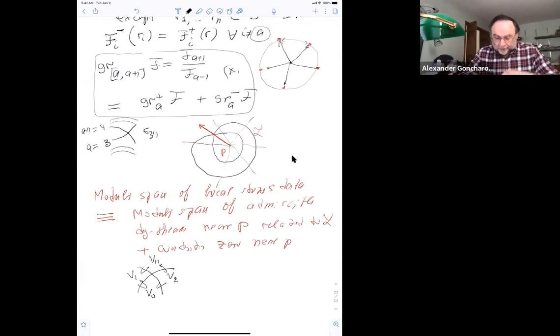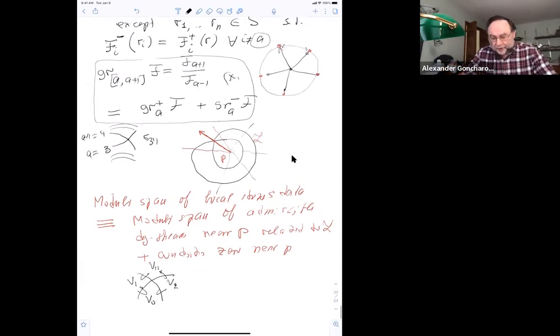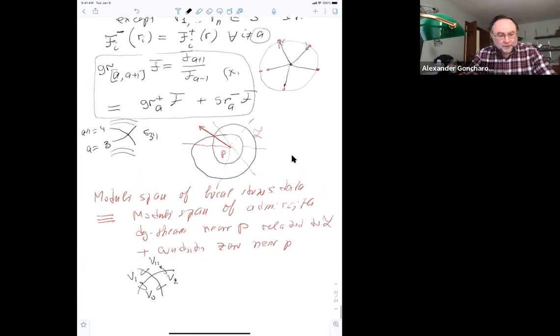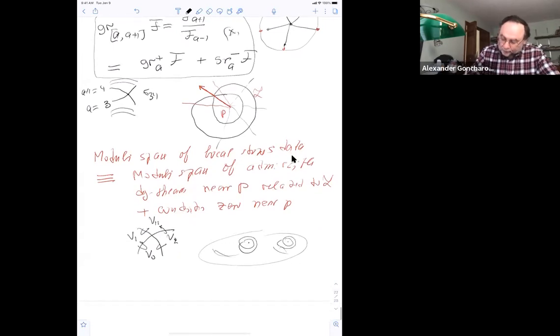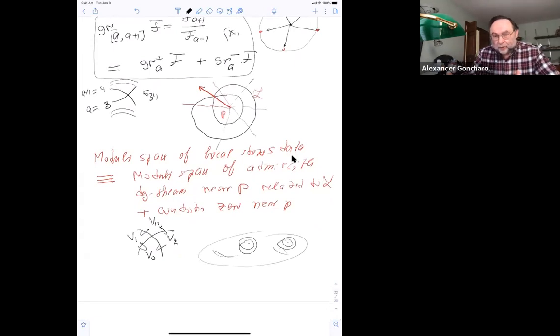But it's an important observation that the moduli space of, now if you have a surface where we have a global situation, where we have several punctures, and in each puncture, as I explained, we have some data of Stokes type, then we can talk about the moduli space of Stokes data on a surface. Either you repeat this definition locally, or you just say it's the moduli space of admissible DG sheaves which vanish in the punctures. Okay, so that's the linear algebra part of the story.